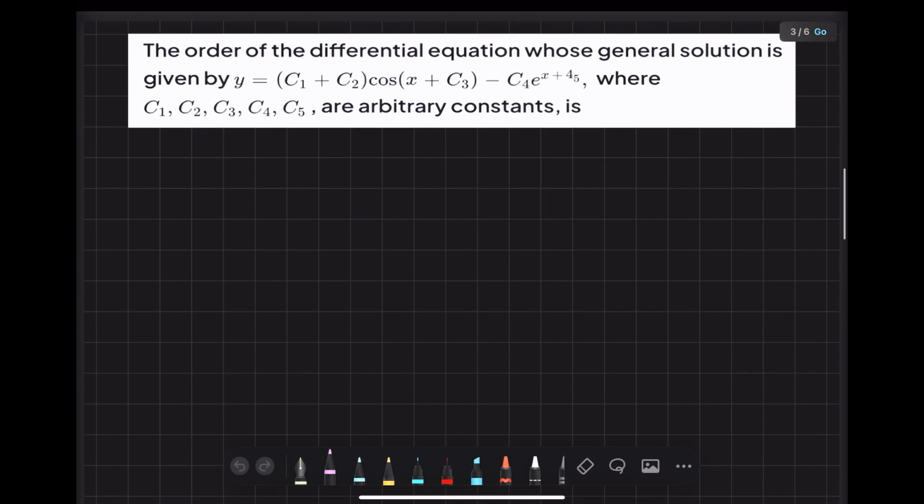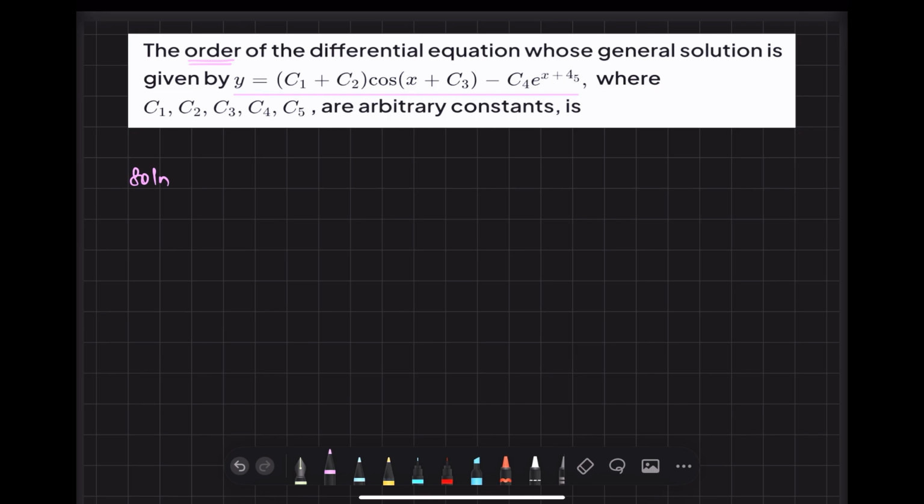Let's move on to the next example. Find the order of the differential equation whose general solution is given by this. So you have to find out the order of the differential equation. So order means what? How many times we have to differentiate? This defines the order. And the number of differentiations depends upon what? The number of differentiations depends upon the arbitrary constants. So look at this,